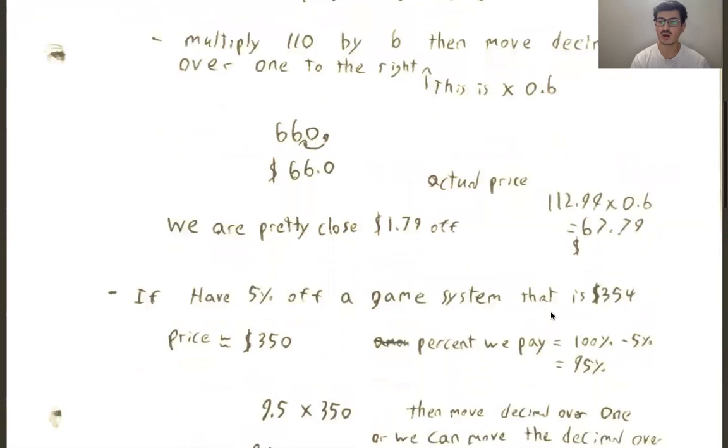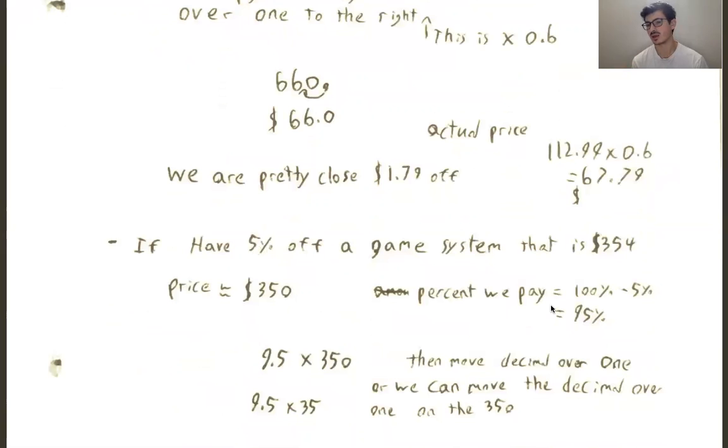So I thought I'd do one more for you. This one's a bit more complicated. If we have 5% off a game system that's $354, we can just round that down to $350. So we're just trying to estimate that price a bit simpler. And when we look at how much we pay,